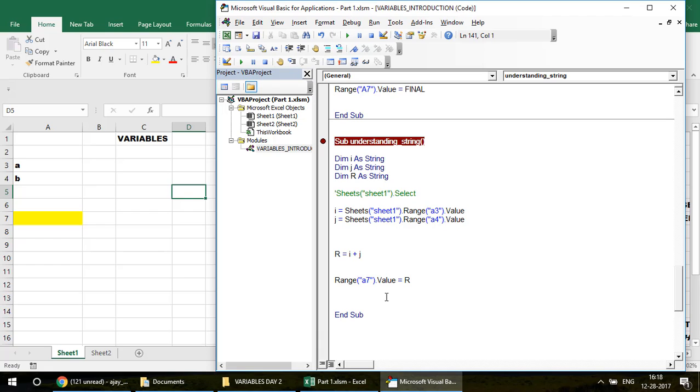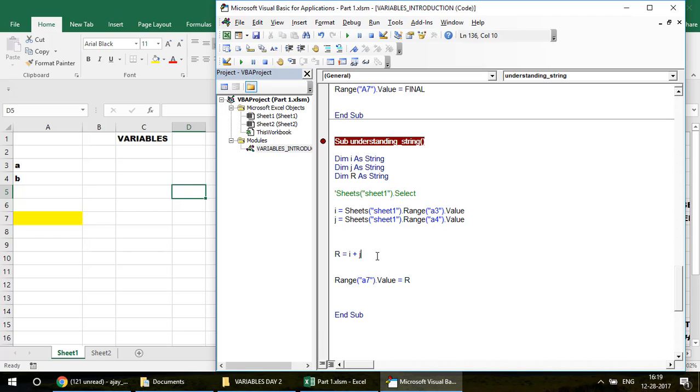Now you need to tell me, pause the video and just give it a thought. Ask yourself, use your mind, use your brain, use your experience so far, whatever you have got from all the videos, that if this code will run, and if it runs, what would be the output? And if this is not going to run, then which line will throw the error? Okay, so now the thing is, of course this will run. If you are thinking that this is not going to run, I guess there is only one possibility which can make you say that this is going to give you the error, the plus sign,